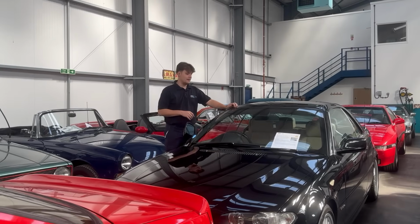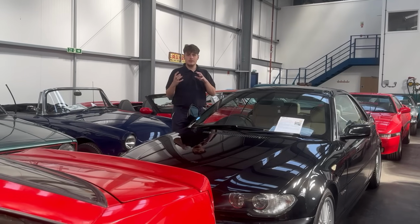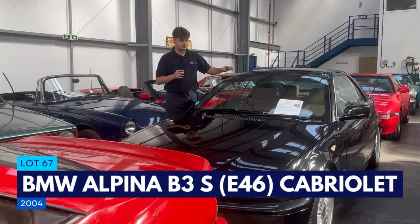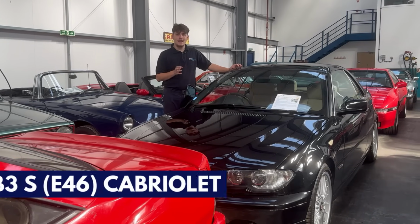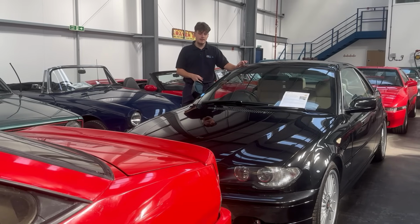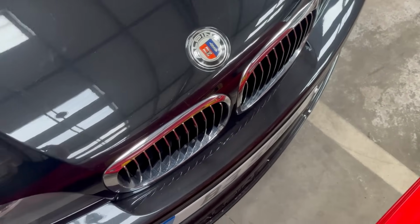Now these things appear to be like buses. You see no Alpinas at all, and all of a sudden two come along at once. This is one of two Alpinas that we've got on the sale. This one I'd say is the more special one out of the two, just based on what it is and how many were made. This is lot number 67 in the upcoming sale, and this is a BMW Alpina B3S with a 3.4 litre inline six. So this is one of 162 examples made with the 3.4 engine. The other B3s were made with a 3.3, so it's got a slightly larger engine in it, slightly more power,